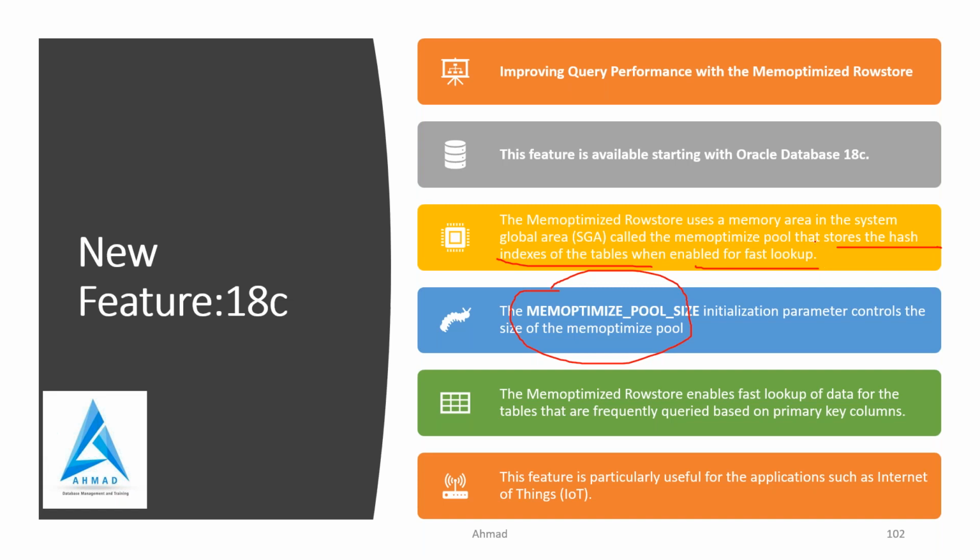So this feature started from 18c, and it improves query performance with the memoptimized row store feature.